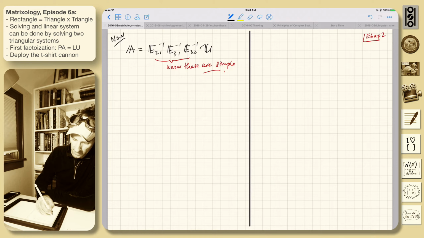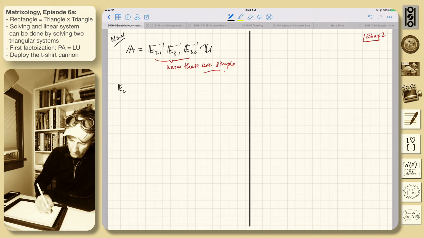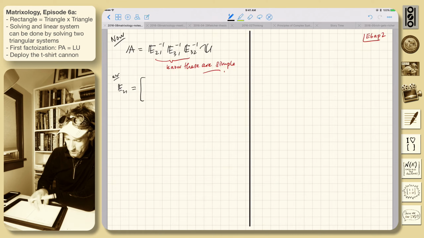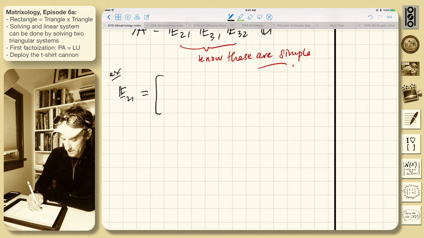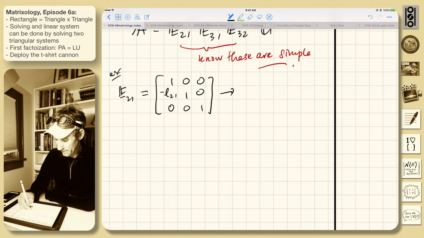We did all this before. So E3,1, so an example would be E2,1, right, the basic one, the first one I should say, equals, and in this case it's 3 by 3, so let's keep it like that. So it's 1, 1, 1, and L2,1. This is how we structured things. The inverse of this,